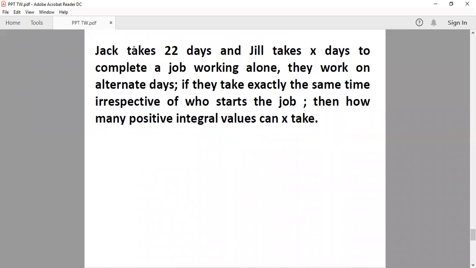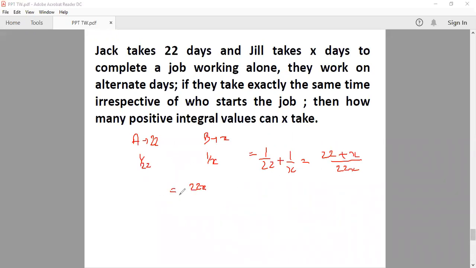सी, यहाँ पे मैंने कहा था कि ए काम करता है 22 डेज में और बी एक काम करता है x डेज में। तो ए के लिए मैंने लिया था 1/22 और बी के लिए मैंने लिया 1/x। अब मिलके कितना कर रहे हैं, ये 1/22 प्लस 1/x, which means 22x upon 22 plus x। तो नंबर ऑफ डेज क्या है, 22x upon 22 plus x। अब इसको सॉल्व करने की प्रॉपर टेक्निक जो है वो क्या है कि यहाँ से अगर x की वैल्यूज निकालनी है तो इसके आगे आपको करना है 22x plus 22 square minus 22 square। दिस इज अ ट्रेडिशनल मेथड, नाउ प्लीज रिमेंबर दिस।